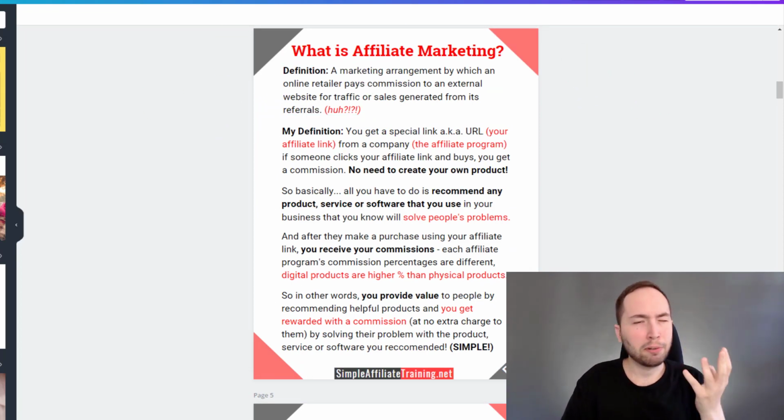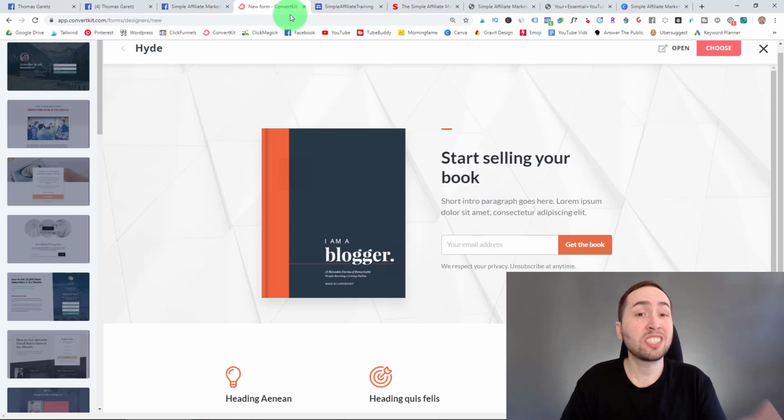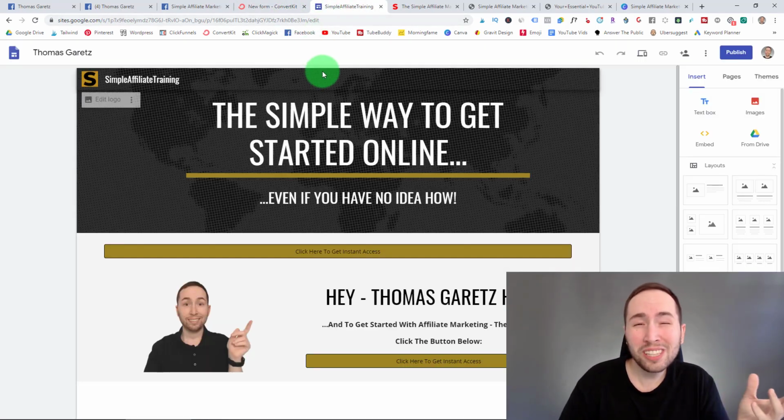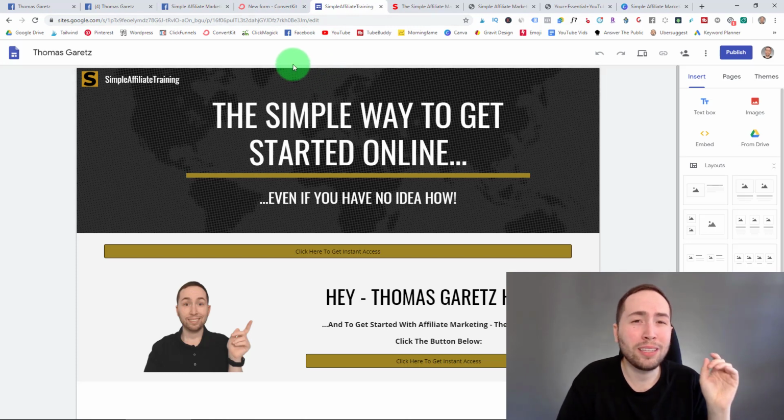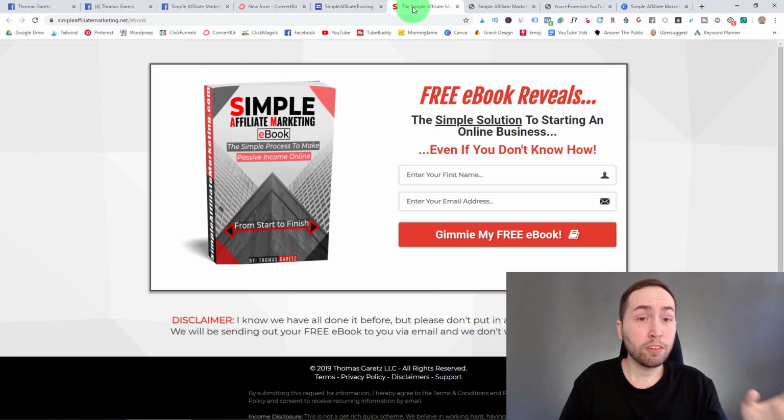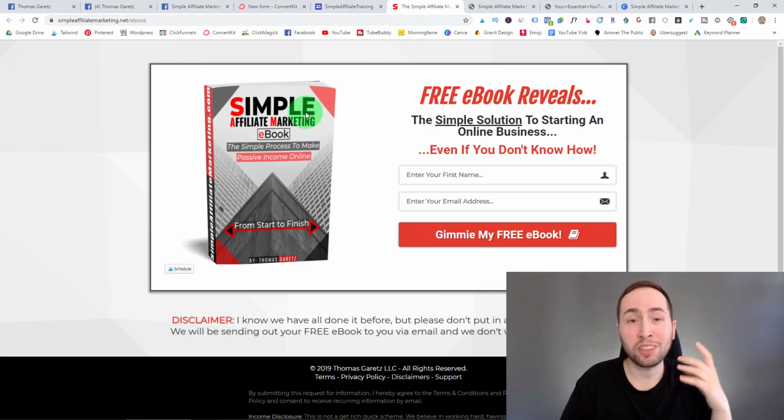So that's step 3. You pick your page or profile, you pick your niche, you pick which website you're going to use. I would just suggest ConvertKit, in my opinion. Honestly, it's going to be easy. You could use Google Sites and Google Forms, but the automation's not really going to be there. Yeah, you could get ClickFunnels too, especially if you already have ClickFunnels. I can just give you this landing page with a share funnel.